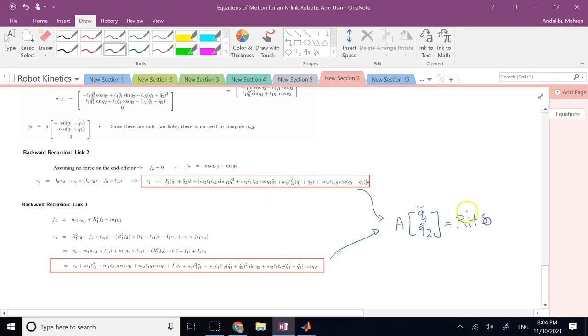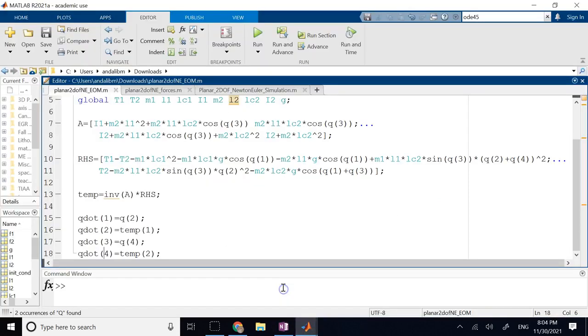And A and the right-hand side, as you clearly see, are functions of tau 1, tau 2, and the q's and q dots. Then I use the inverse of A multiplied by the right-hand side to get the double dots that I need for